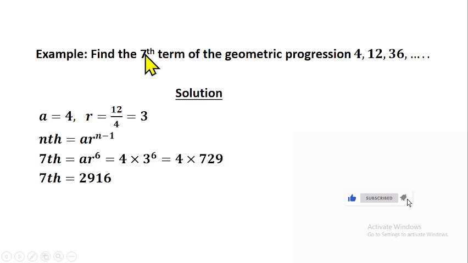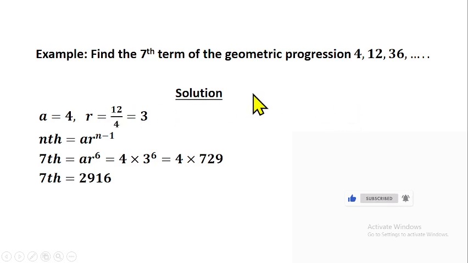So we have to find the seventh term. What does that mean? If we continue the terms, by the time we get to the seventh term, what are we going to see there? That's what we have to find. This one is the first, second, third. We don't know the next ones. By the time we get to the seventh, what do we get there? That's what they want you to find.